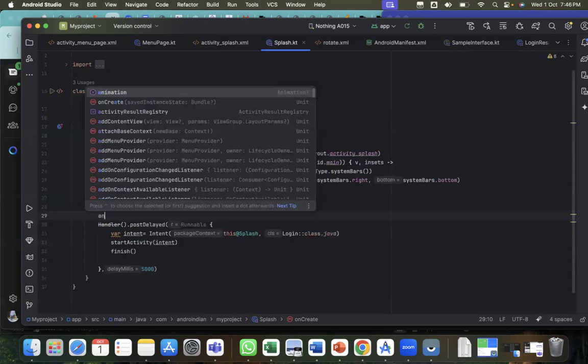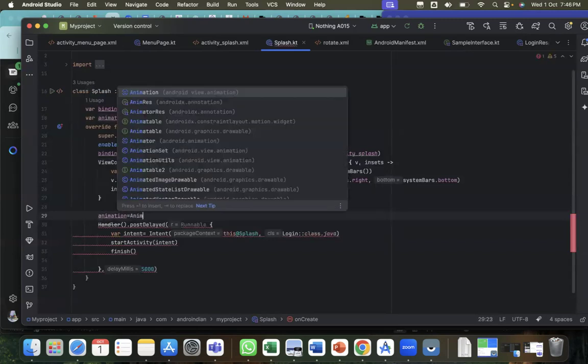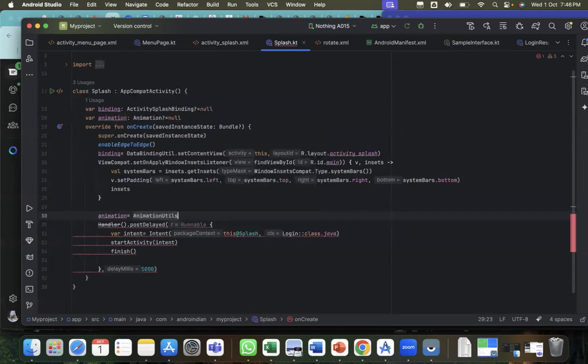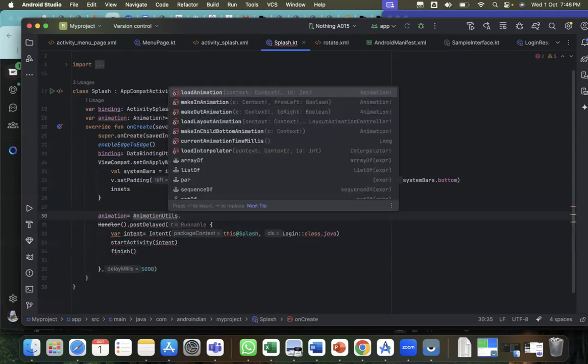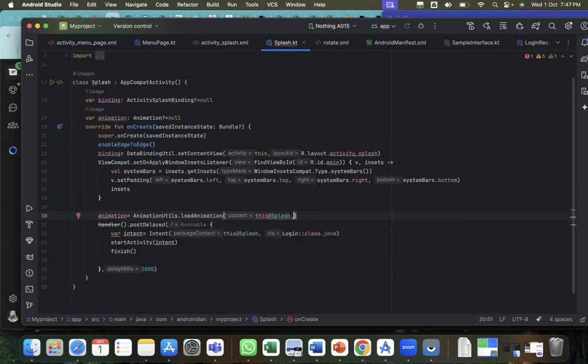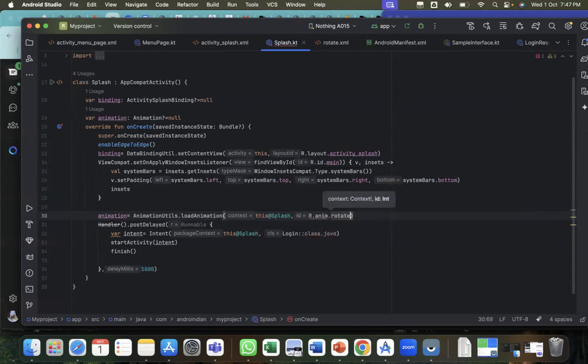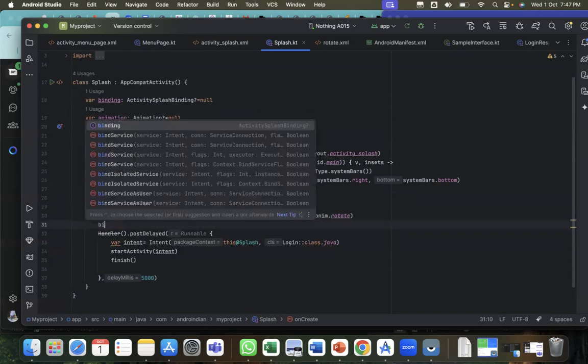animation equal to, from the AnimationUtils we are calling that, so that is AnimationUtils.loadAnimation with respect to this particular class. Whatever we created, that is R.anim, means resources anim. So we created the rotate animation. Now this we have to map to this